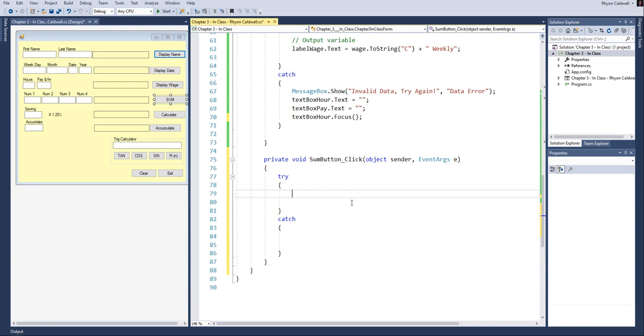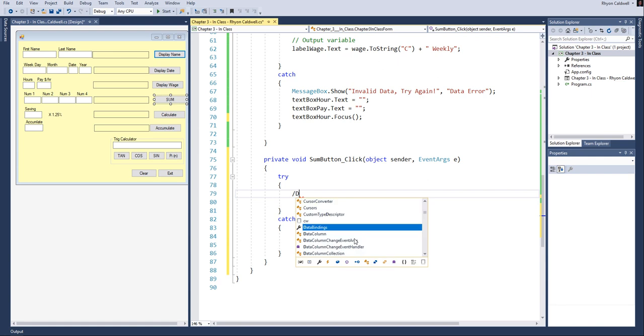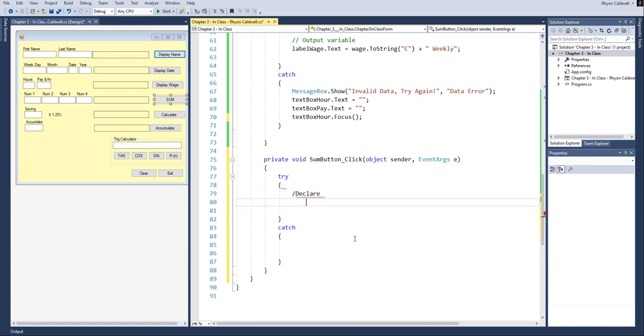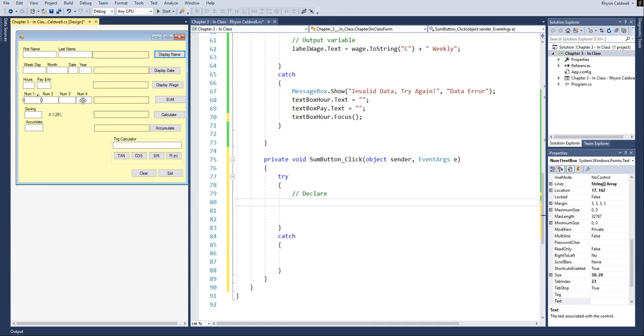All right, so in the try-catch, the first thing we want to do, of course, is run our DACO, which is our declare. We want to declare some variables. So inside of here, oh, I forgot the other slash. There we go. And let's declare our variables. What variables do we need to declare? You have to look at this and think to yourself, okay, I'm going to be entering in 4 numbers, and those 4 numbers need to be stored. So we've got 4 variables right there,